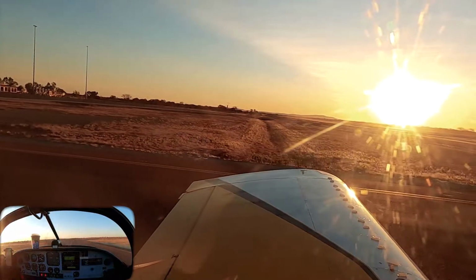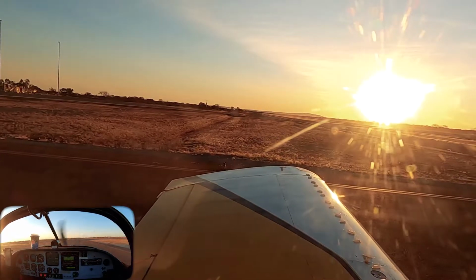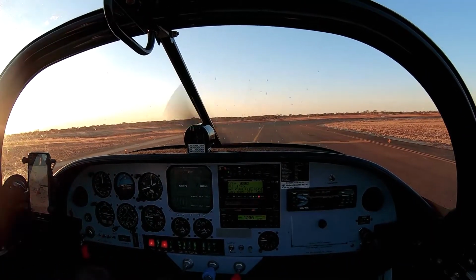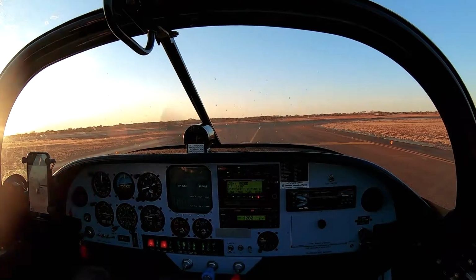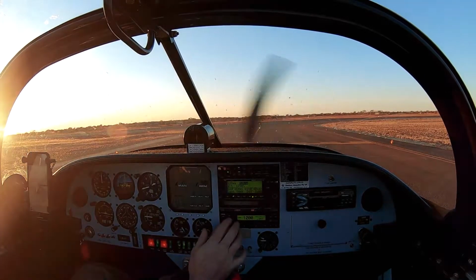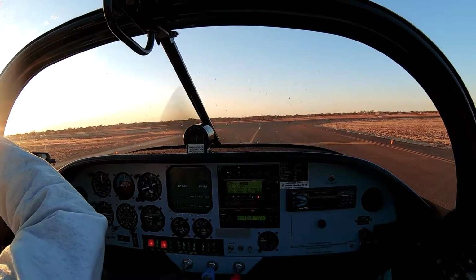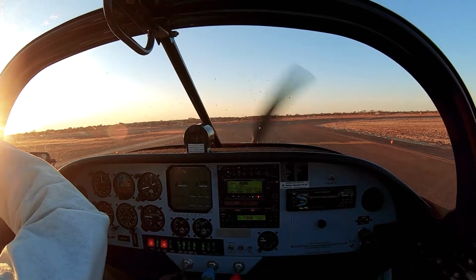RV6, Sierra Juliet Victor, just requesting location of that Netlink jet that's inbound. Newman CTAF 122.0. Yes. Airdrome lighting is on. They just turned on the PAL, but they haven't made...